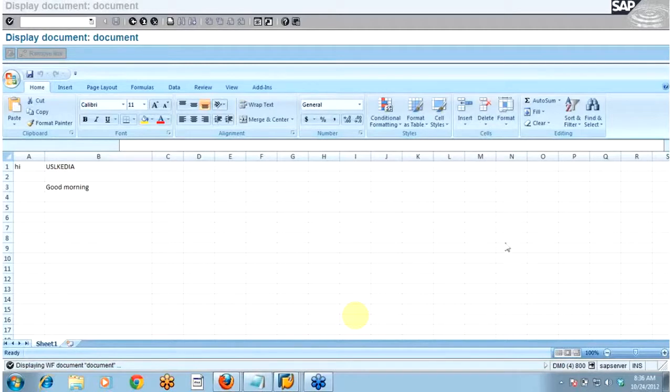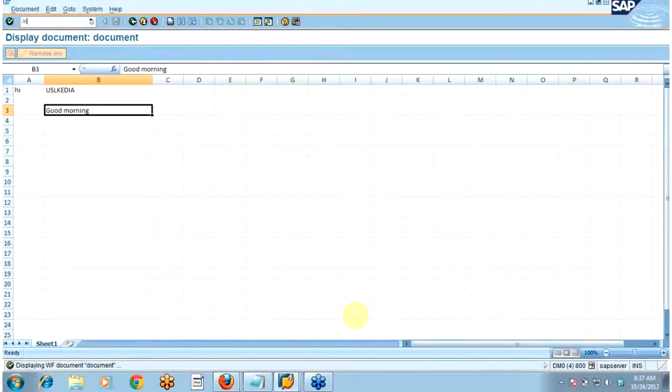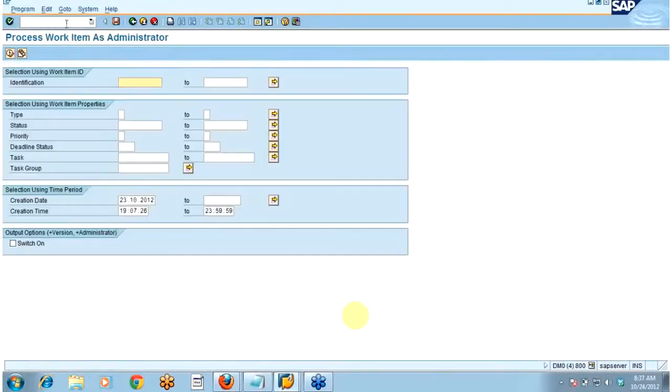Yes, Hitesh? Can you hear me? Yes, now I can hear you. I have designed a workflow in my client system and it's giving me an error, but I'm not able to resolve that error. What is that error? Where in SWIA did you get to know that the workflow is in error state? Yes. Okay, so how can you see the error?